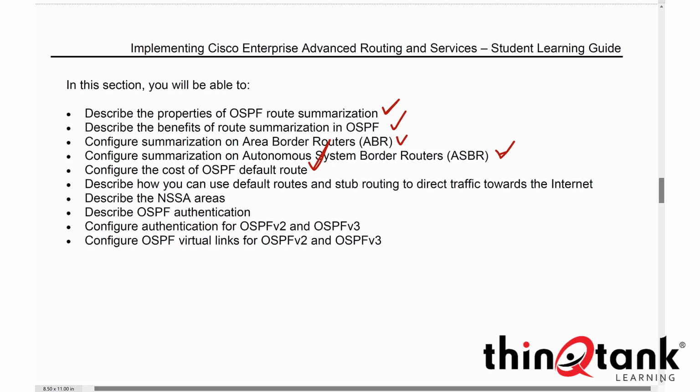and how can I manipulate that so that I can maybe prefer one default path over another default path. And then how do we implement default routing with special area types? Well, not only special area types, but just stub routing in general. Typically with stub routing, we'll use a default route as an egress route, and we'll use dynamically learned routes as,